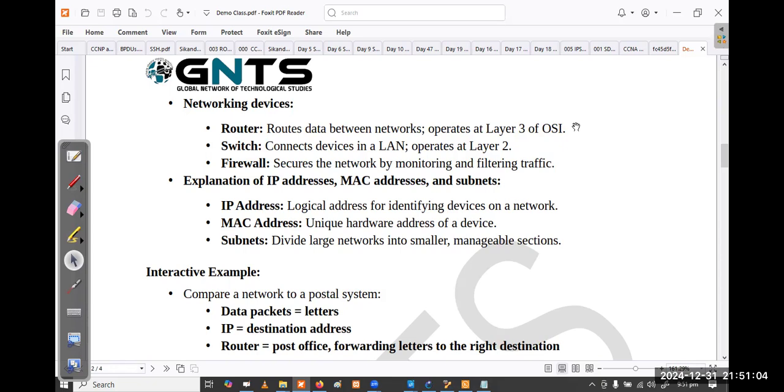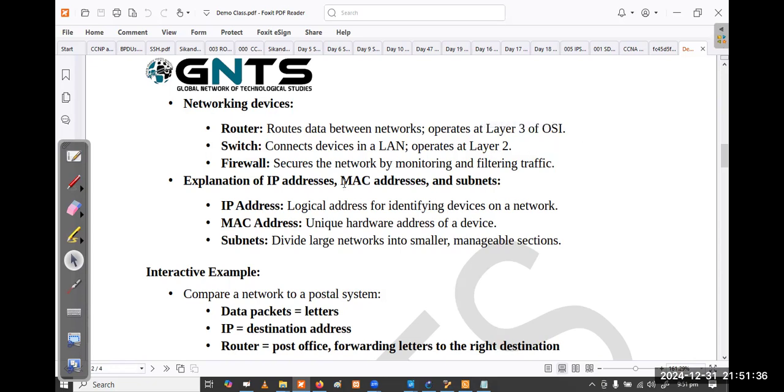A router operates at layer 3 of the OSI model, the Open System Interconnection model. In the OSI model, layer 3 is the network layer, right? You might know that. Layer 3 is the network layer, okay?